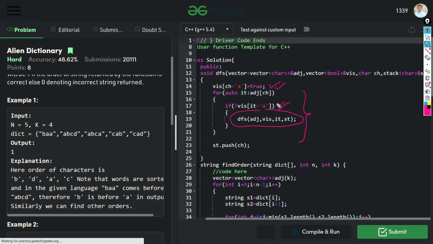If it is not visited, then after this condition we make a DFS call. Without this condition we don't make the DFS call. And after the DFS call, we push the character into the stack.